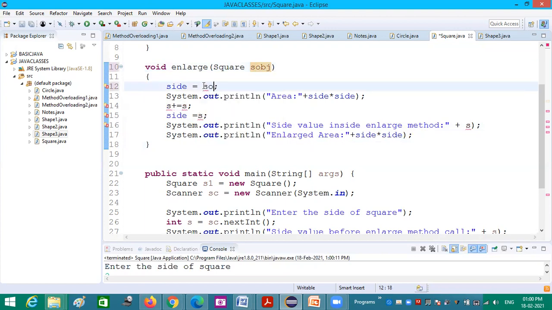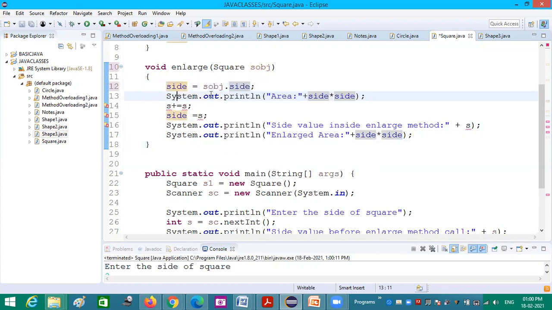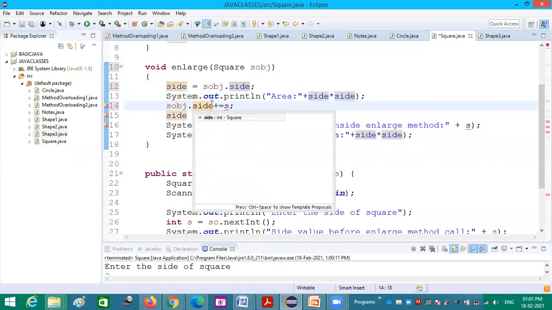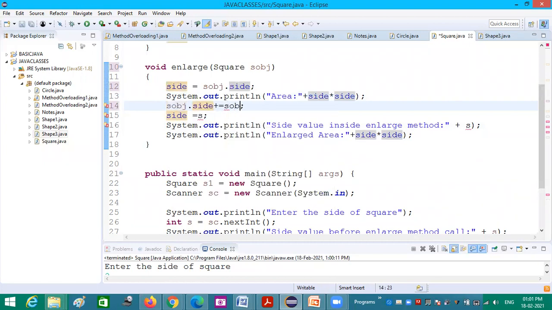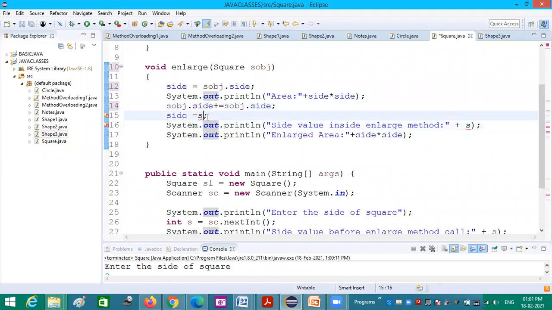So SOBJ.side, this.side equal to SOBJ.side. Now here, SOBJ.side plus equal to SOBJ.side. Okay, so now I am assigning SOBJ.side equal to SOBJ.side. And here I am printing SOBJ.side.